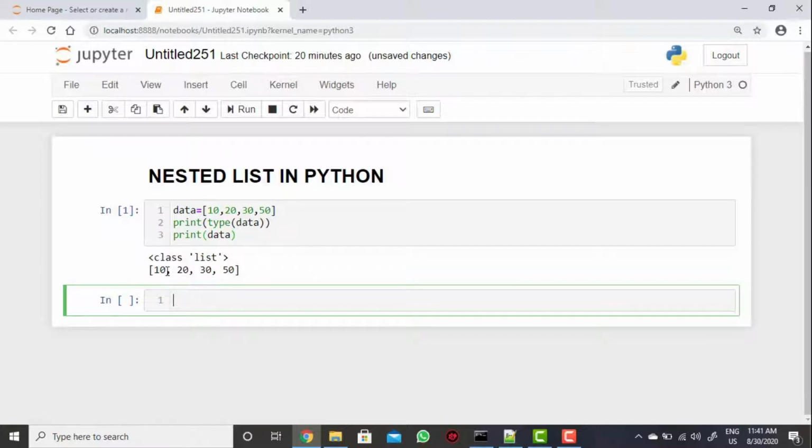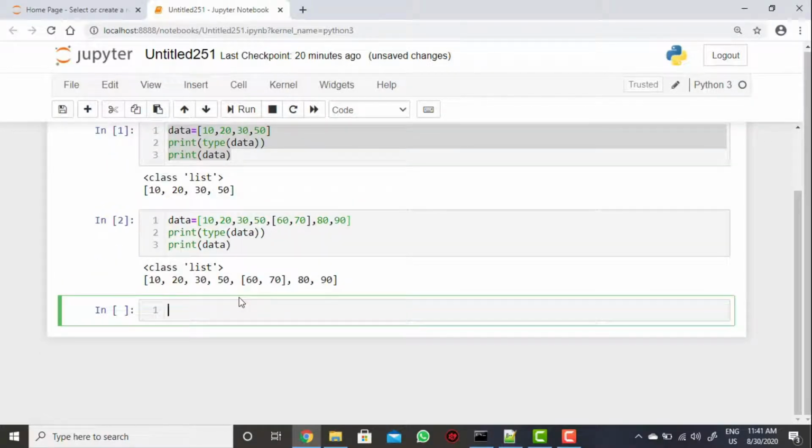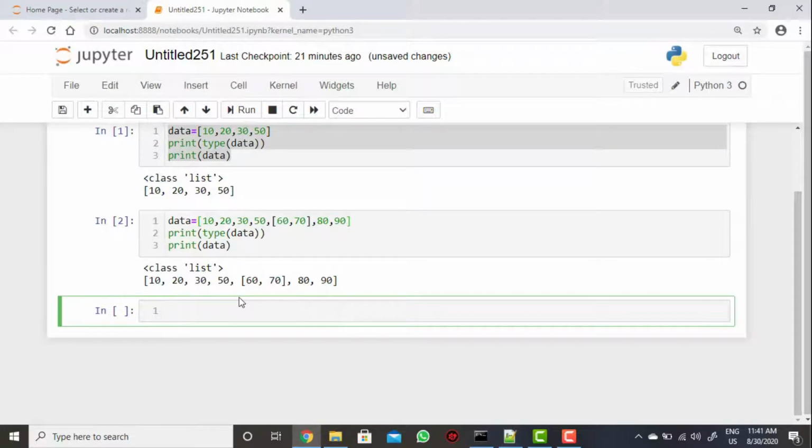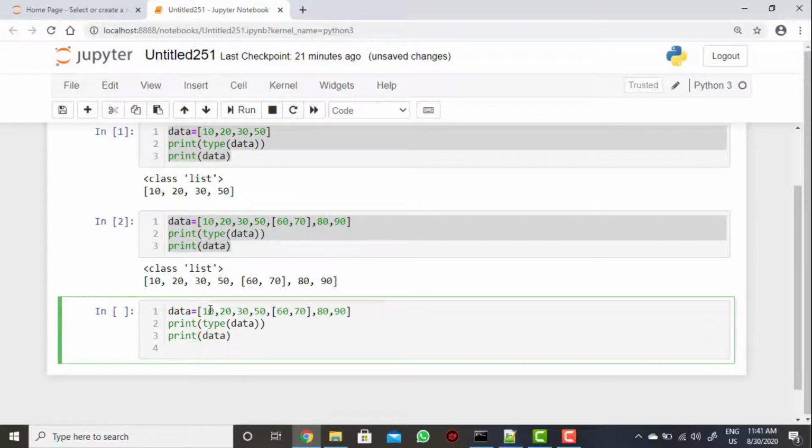Now what I am trying to show here is that you can make a list in another way. You can use a list like this, then 60 and 70, and then again 80 and 90. So this is also a list, so we can add a list within the list itself. Now when you want to display the value, print of data, then the value for